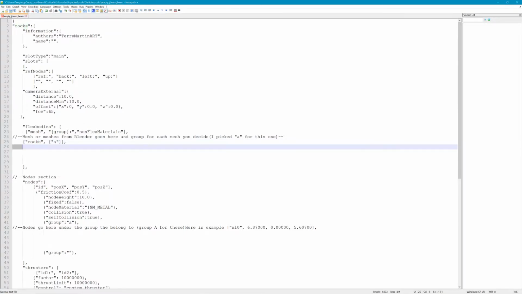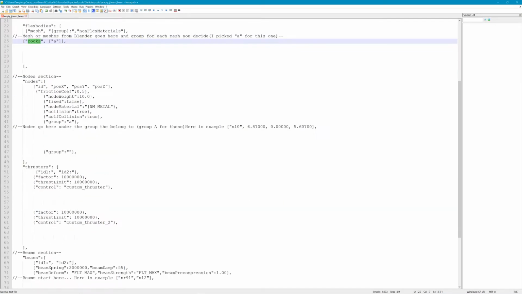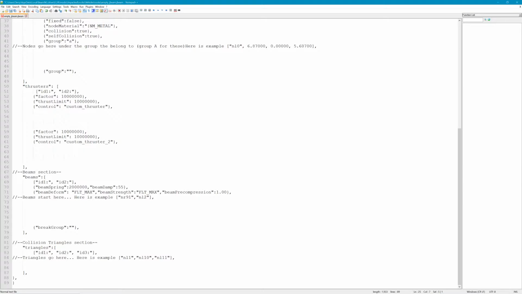Now nothing gets put here. The game's going to look and say, oh, okay, we're looking for rocks.dae. Not that DAE's in here, but that's what it's actually looking for when it goes to make the model. And as long as the Jbeam you export has collision triangles, which they will if you use the exporter, then